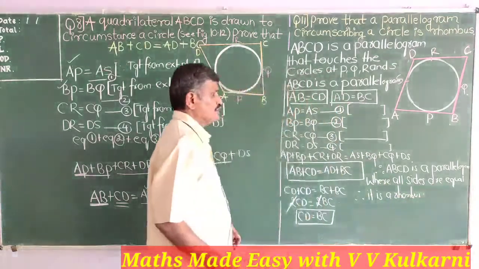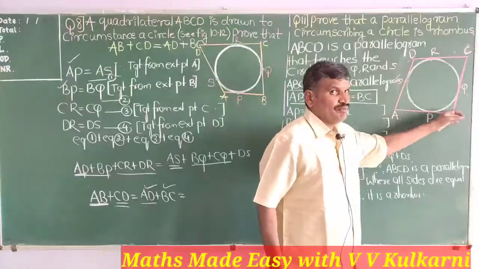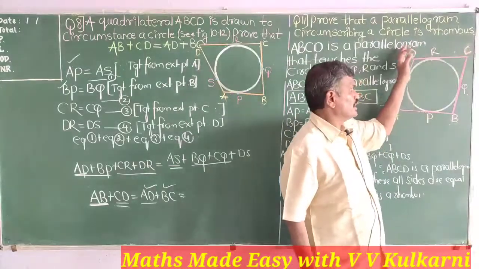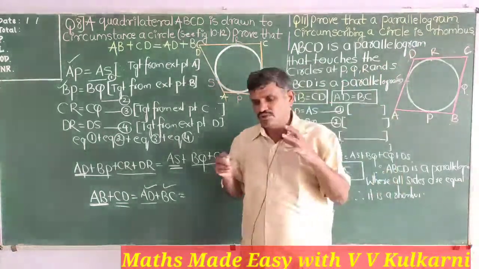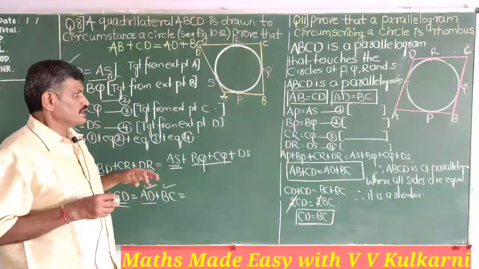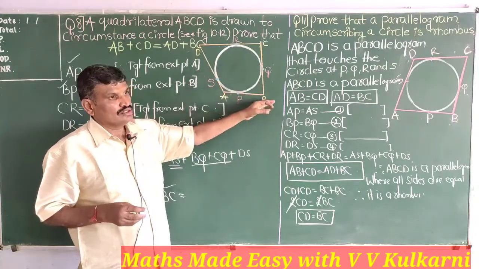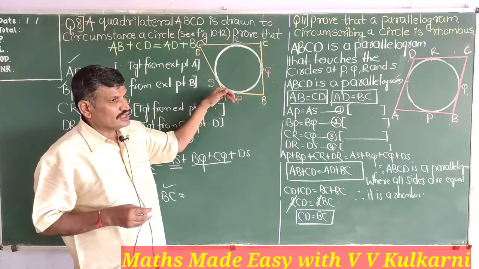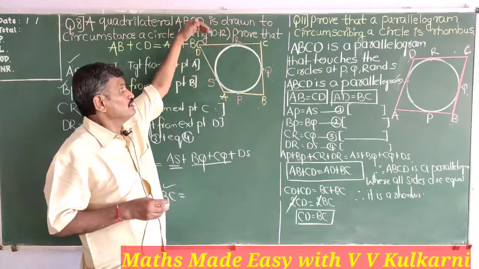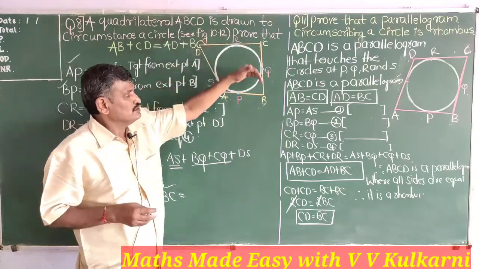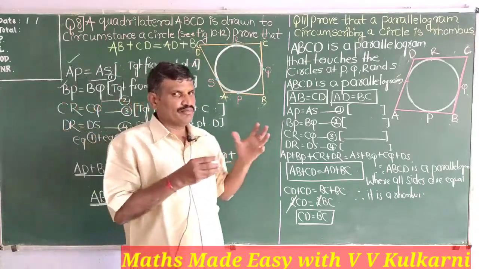So children, remember this step. You want AB, so take AP and BP. You want CD, so take CR and CQ, DR and DS. I have seen many students, the mistake that they commit most of the time is, they take AP and AS, next time they take BQ and BP. So the left hand side should particularly have AP and BP, and on the left hand side CR and DR should be there. In the right hand side, BQ and CQ should be there, and DS and AS should be there. Then only this problem becomes very easy.